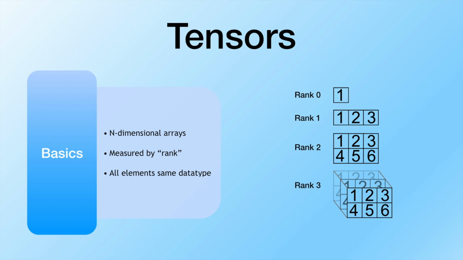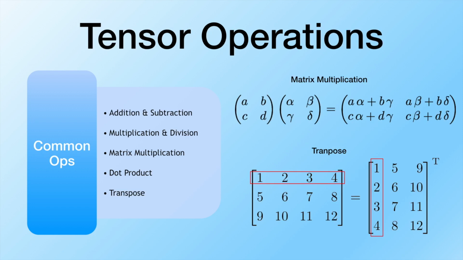In tensors, every single element in that tensor has to be the same data type. So they can be all integers, all strings, or all floats. And so now we can move on to the tensor operations. There are a lot of different tensor operations available with TensorFlow, so we're just going to cover some of the